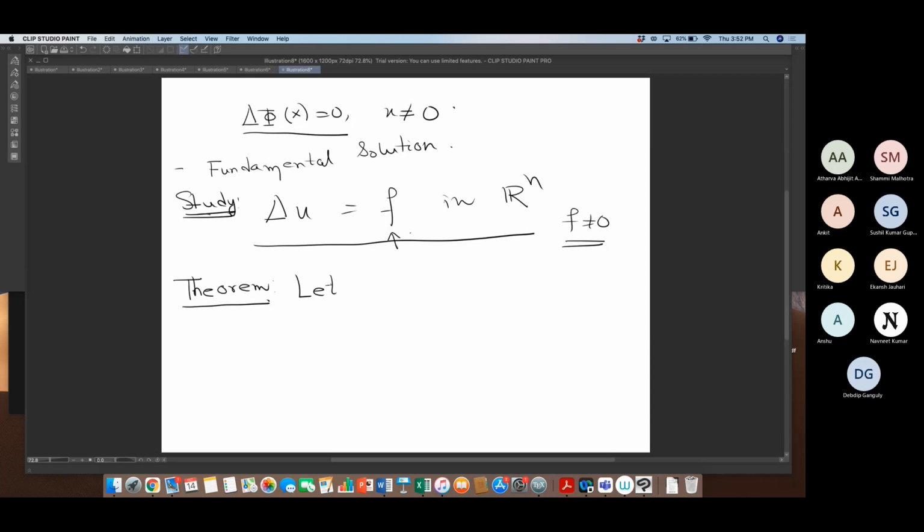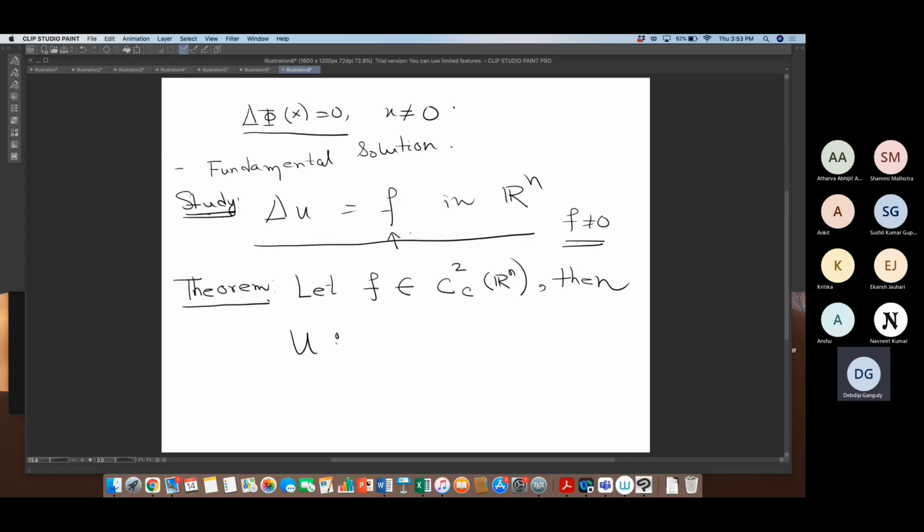Let the given f be in C2 with compact support on Rn. What does it mean? Anyone? It is a function with compact support and it is a C2 function. Is that clear? That means outside a compact set f is 0, and the regularity of the function is C2. That means its second derivatives are continuous, all its second derivatives are continuous. Clear? Then